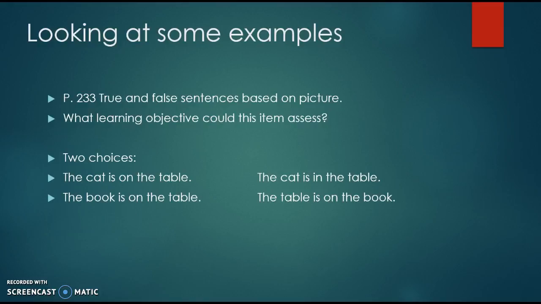Now, the second example, the book is on the table versus the table is on the book. You see, again, the content words are the same. So if the students only know the content words, that's not going to help them choose the right answer. True, false, it's a 50-50 chance. Here, you'll have a better idea of the assessment, what's going on, if they're only relying on content words or not. This is going to give you a little more information about how they process the syntax of a sentence.